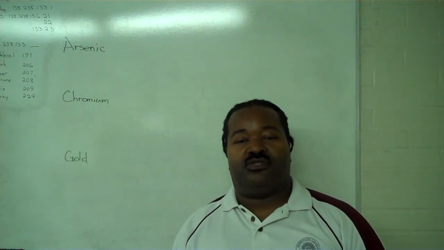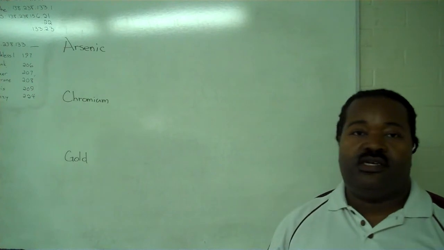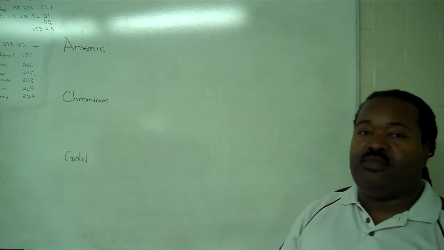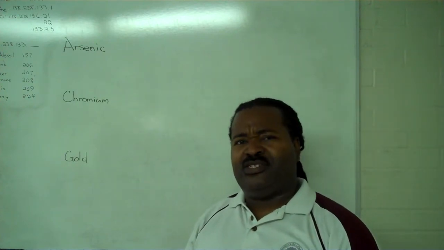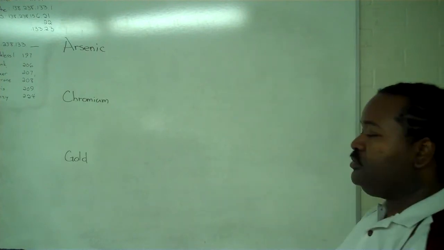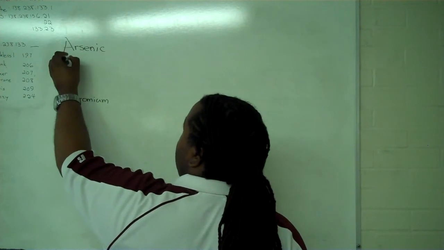This instructional video will show you how to determine an electron configuration when given an element. In order to do that, in addition to the name of the element, you'll need a periodic table handy so that you can do counting and identify whether or not things are in the S block, P block, D block, or F block. So first we have arsenic, and the first thing we want to do is determine a location